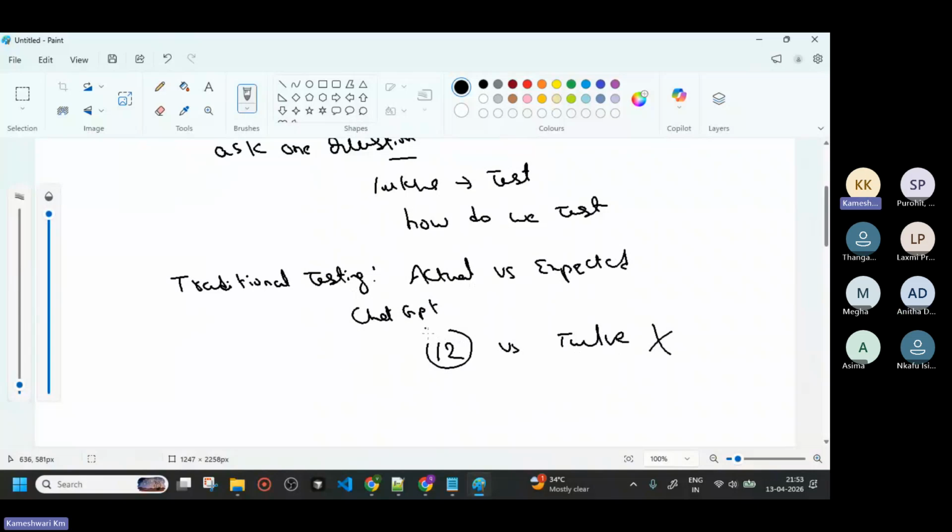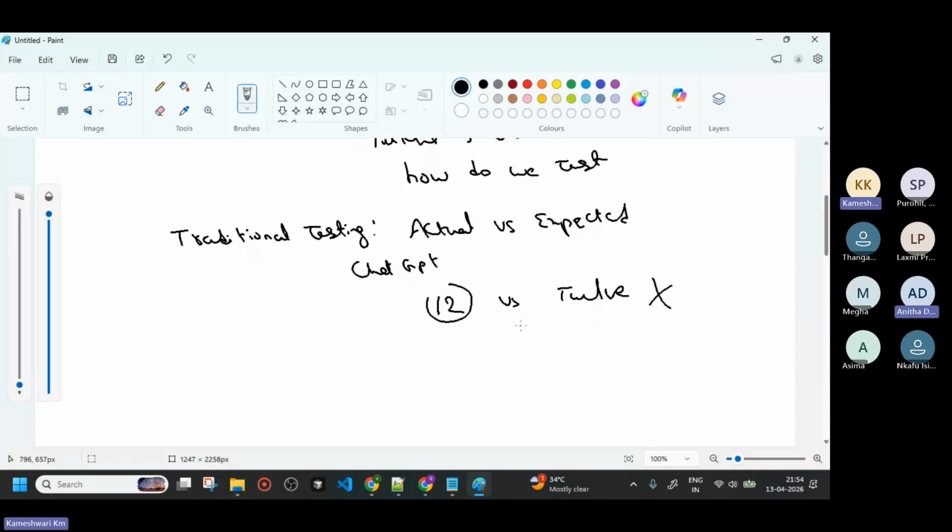Okay, where it has different meanings. It may come as 12, it may come in a different way, 0, 1, 2 also, it also comes as 12. There are different ways and probabilities of giving the correct answer, but we need to ensure it. There are some metrics I told you, like cosine similarity, because both meanings will be the same, or else you can use semantic search, both will be the same. By using those algorithms, we can say this is correct. So today we are going to understand how to utilize that.